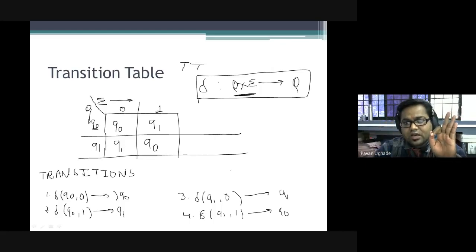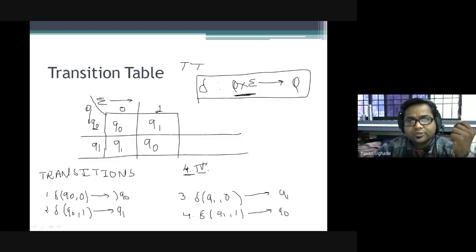Clear, guys? And the fourth and very important step is representing your automata. To represent a deterministic finite automata, you know it is a five-tuple. So you are supposed to put all the five-tuples. If you remember your DFA that you are representing, can you tell me the five-tuples?